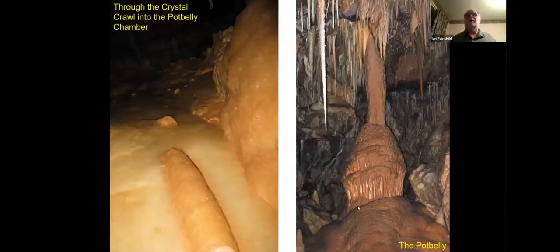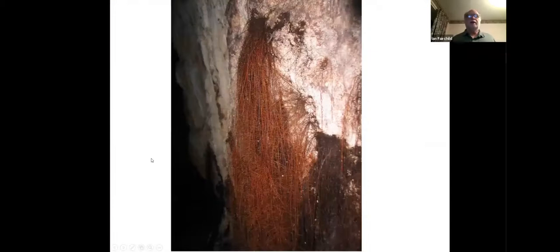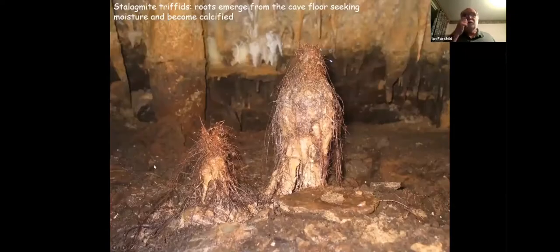And there's the potbelly column. Oh, it's a stalagmite, and lots more stalagmites in the potbelly chamber. And then something really weird. What on earth is this? In fact, this looks like some kind of monster from the deep. And it's a stalagmite that has been